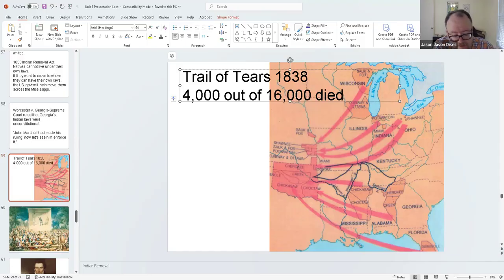So now you know why I don't like teaching this particular lecture, but it has to be done. That is the end of the Jackson presidency. I will say Jackson was no longer in office in 1838, but he still receives blame. He was the one who pushed for this. He was the one who ignored the Supreme Court. So those deaths are as much on his hands as they are on anyone else's. That is the end of the Jackson lecture, The Bad, the Good, and the Ugly.